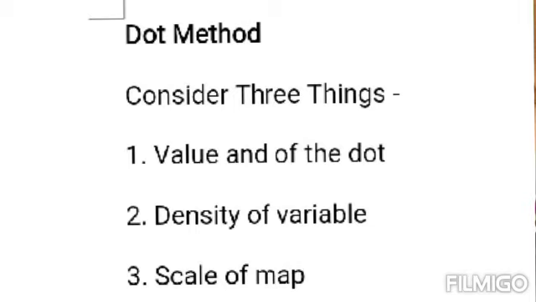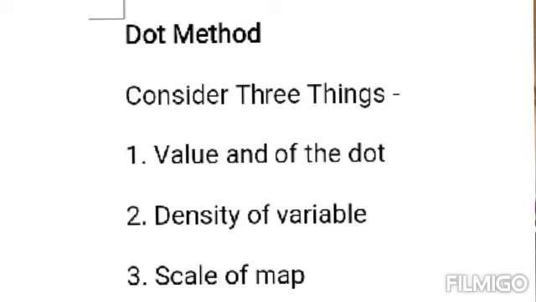What are the three things we need to consider in the dot method? Number one is the size of the dot. So what size are you going to determine? Now you can have 2-3 sizes of dots. The minimum, smaller dot is equal to maybe 10,000, the medium dot 50,000, and the bigger dot 1 lakh. Now you can have different values for the dots for a rural area, for an important city, and for a metro city, right? So the size of the dot is to be decided.